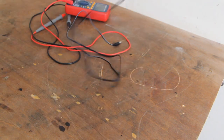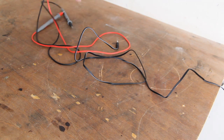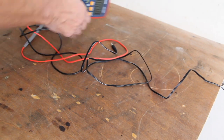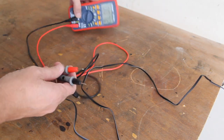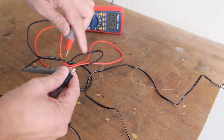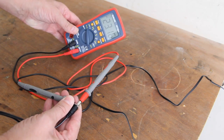So plug it in, and I'm going to set my meter to volts DC. So we're expecting over 12 volts here. So negative to the outside, positive inside, and there you go, it's showing 23 volts,